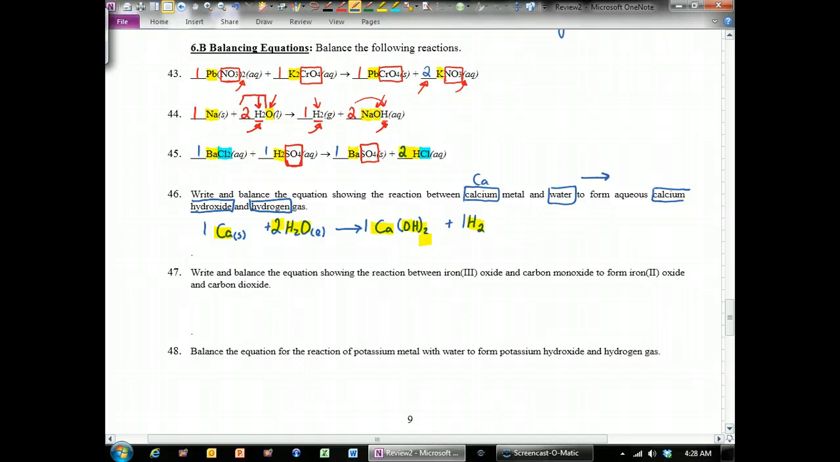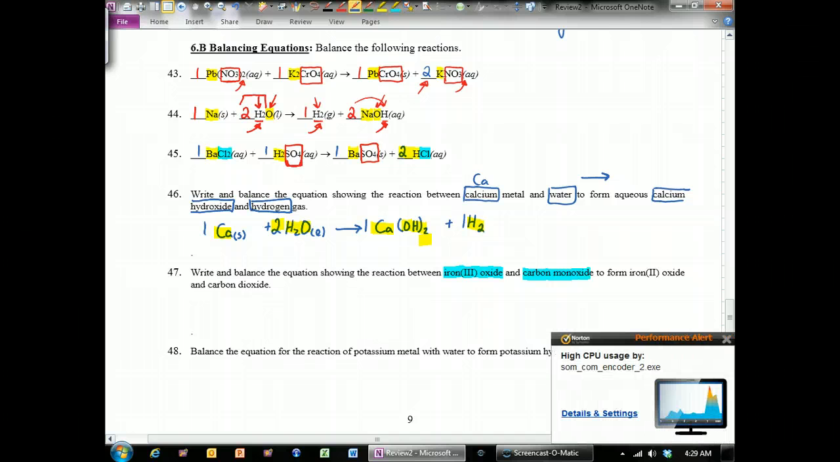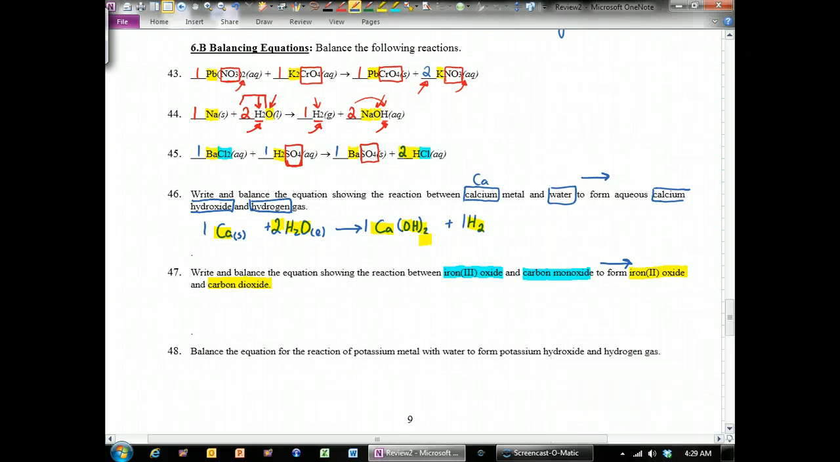On the next one, identifying the compounds: iron 3 oxide, carbon monoxide, to form, and the "to form" is the arrow, and then my products are going to be iron 2 oxide and carbon dioxide. So naming these or writing the formulas, iron has a +3 charge and oxygen has a -2, so we use the crossover method and get Fe2O3